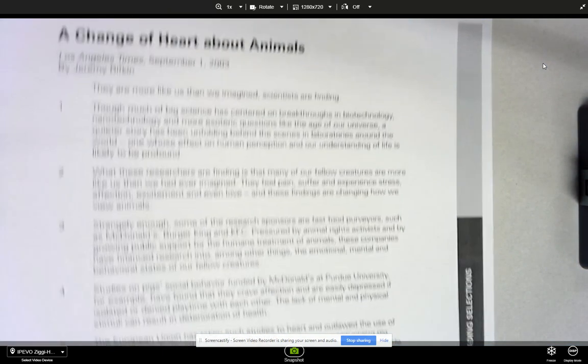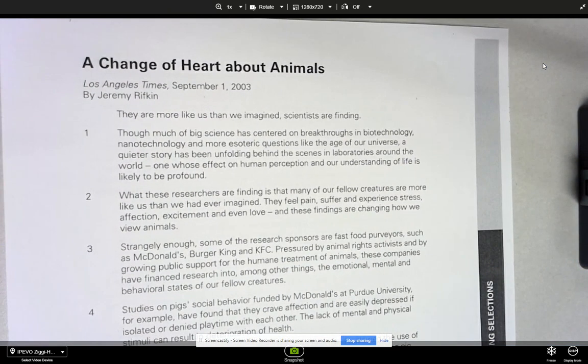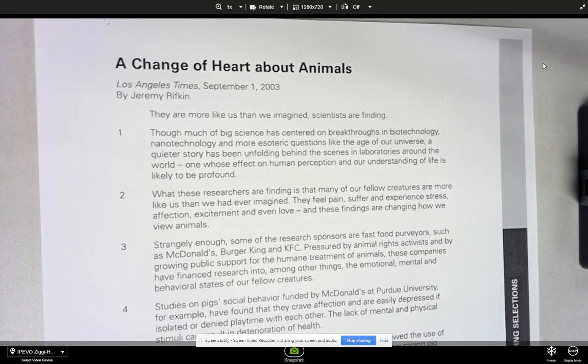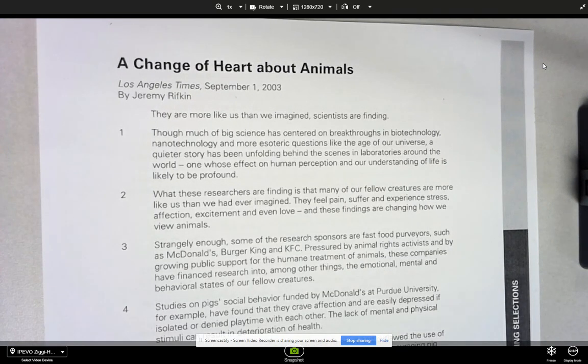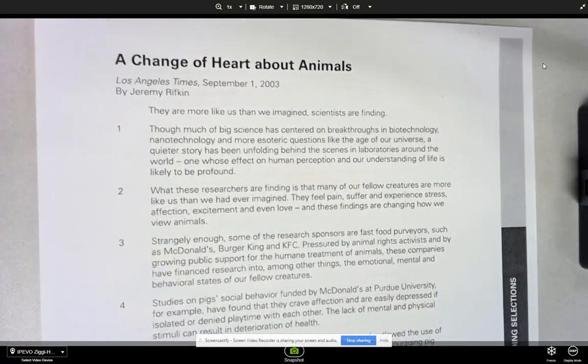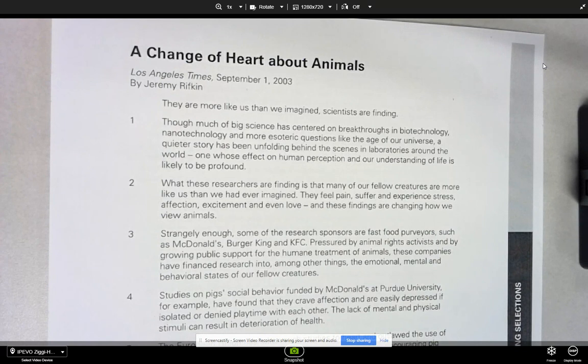Hello. So today we're going to show you the process of reading and annotating. In this template, this is a pretty standard way of approaching an article. The one we're going to look at today is not that difficult, but there are a lot of difficult articles out there. So this is a toolbox to help you get through and understand them, and to attack the way that you approach one of these things.